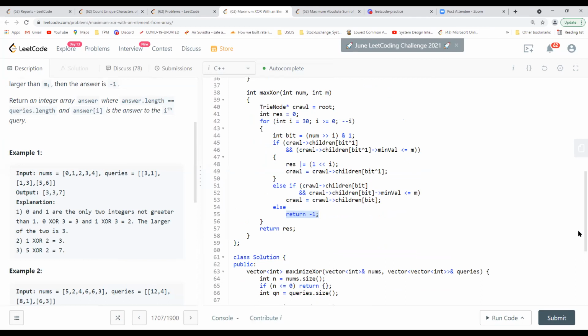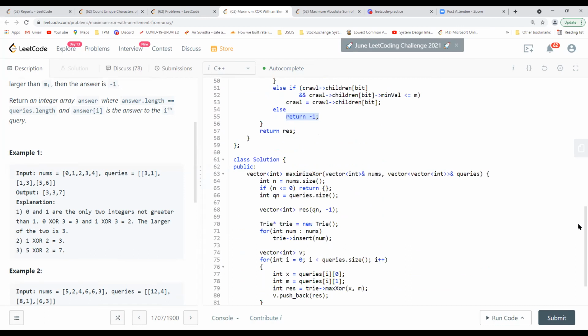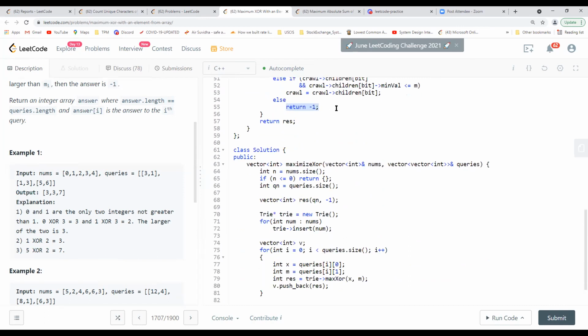Or else you will have to go through each and every number, right? What he was doing again, but it will be O of n for each and every query. So that will be like O of n into n. It will be n square. But now we are using this technique and just adding that min value. It reduces to, for each query, just one operation.